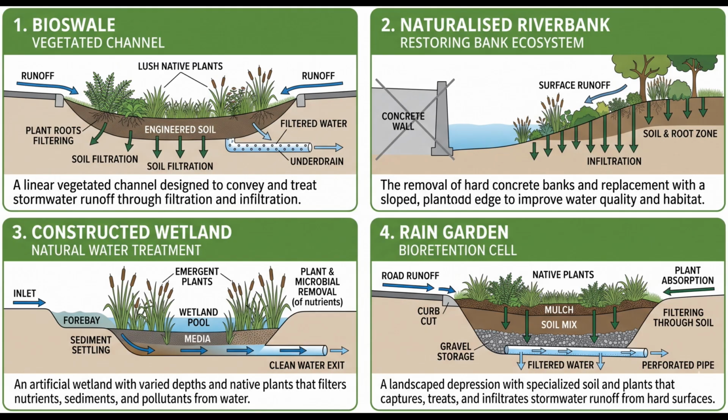Constructed wetlands are shallow, planted water areas at the edges of reservoirs or parks. The wetland plants absorb excess nutrients from the water, essentially using biology to do the work that water treatment chemicals would otherwise do. Rain gardens are sunken garden beds that absorb and filter stormwater from roads and rooftops before it enters the drainage system. Common in parks and alongside roads, they are the smallest scale green infrastructure feature.